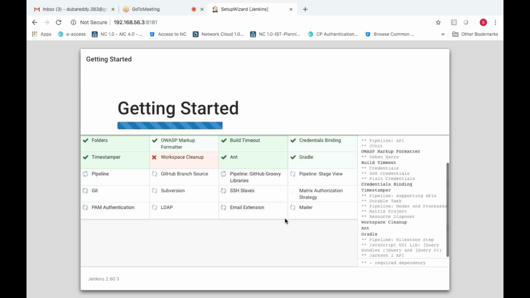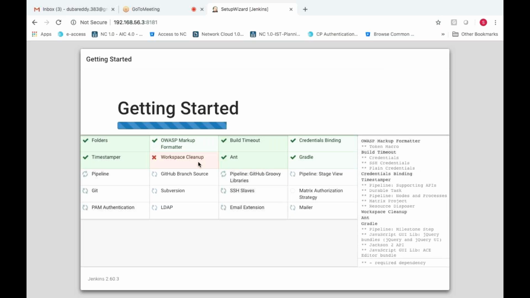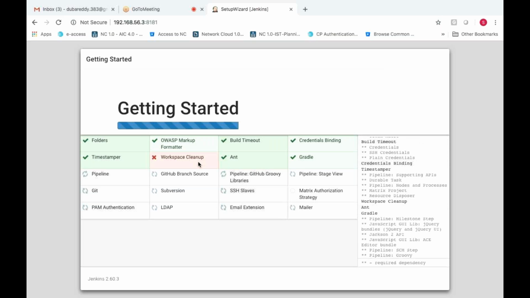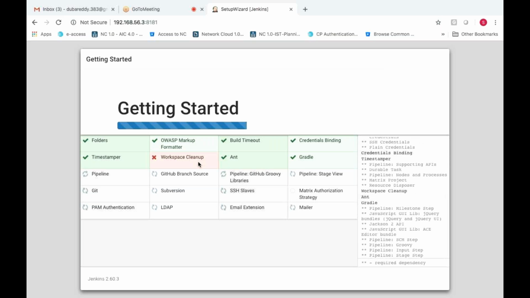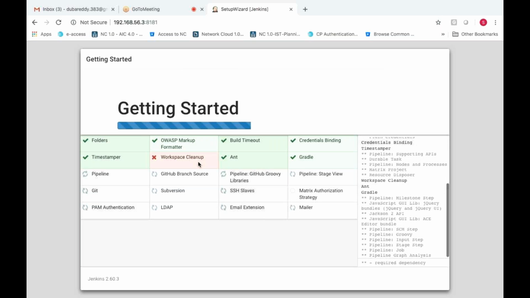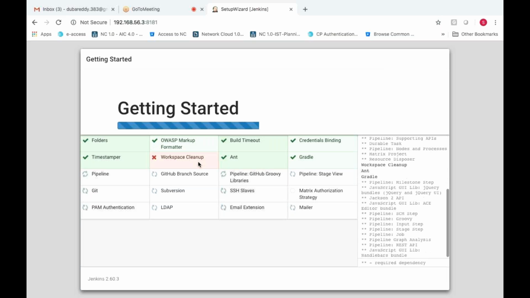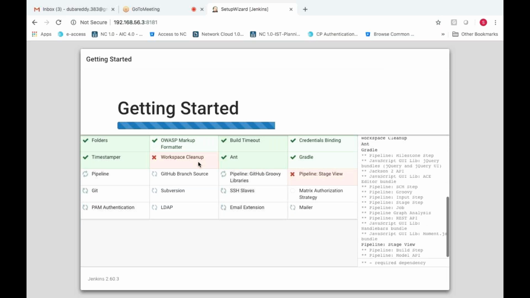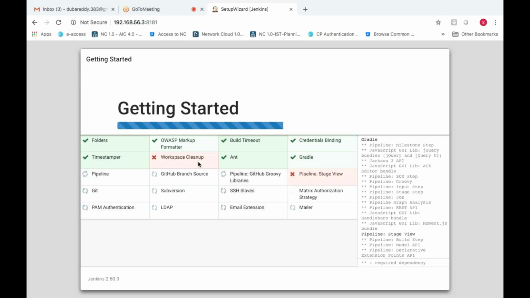But that is not very important for us right now. If you are not getting installed, maybe because they are not supported for this particular container image. Okay, so no need to bother about it. Later on, we can install.